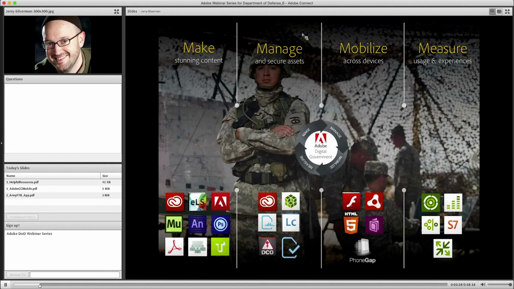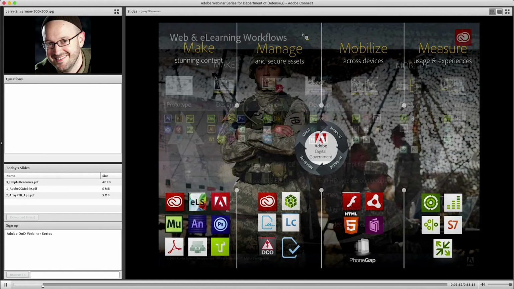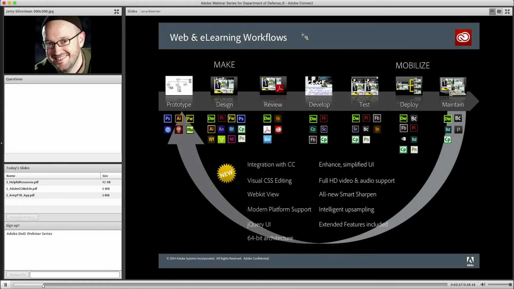So the Adobe digital government overarching appeal, I would say, or the advantage of Adobe in the digital government stretches across what we call the 4 M's: make, manage, mobilize, and measure. And so there are tools across the spectrum of Adobe's product offerings that address each one of these pieces of your digital government life. But we're going to focus today on the web, mobile, and training, e-learning type of workflows